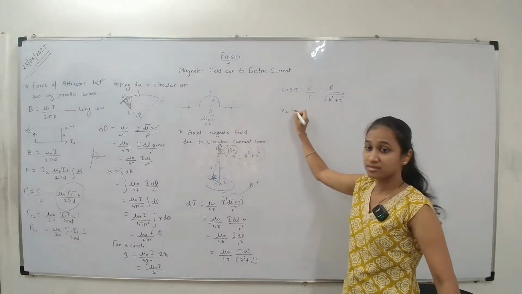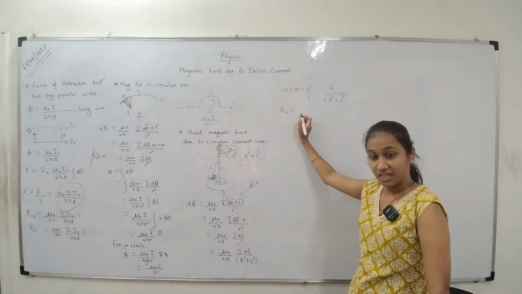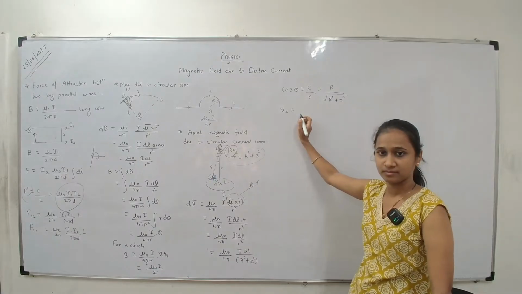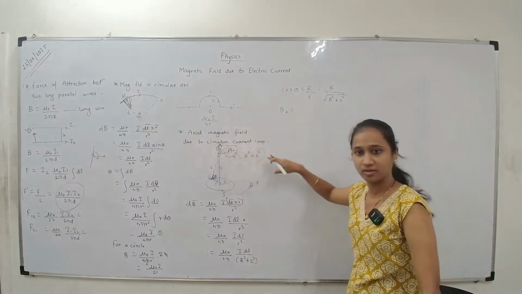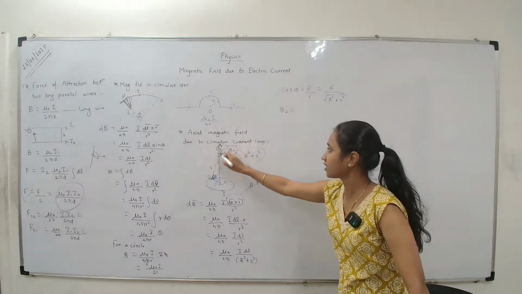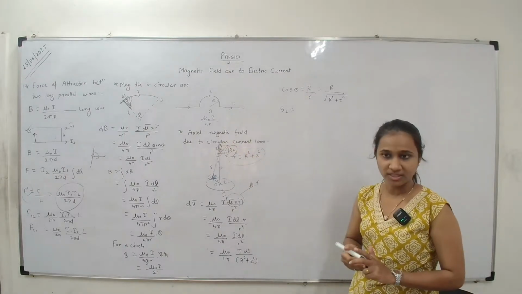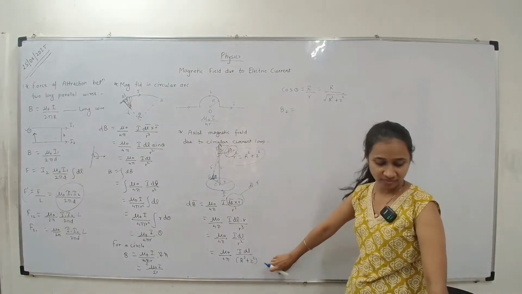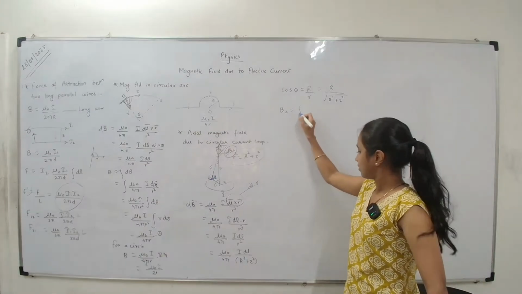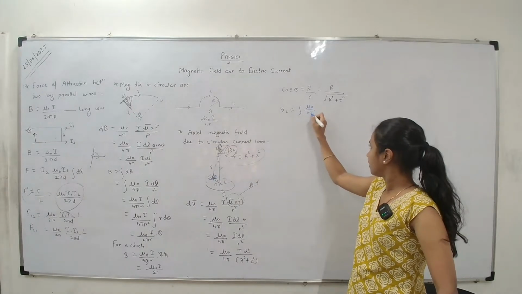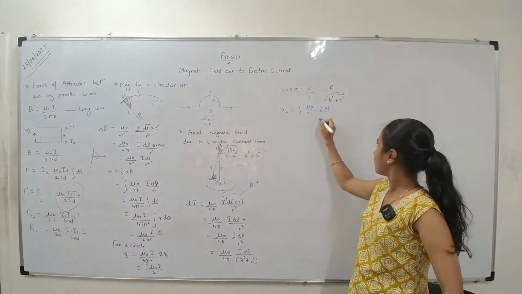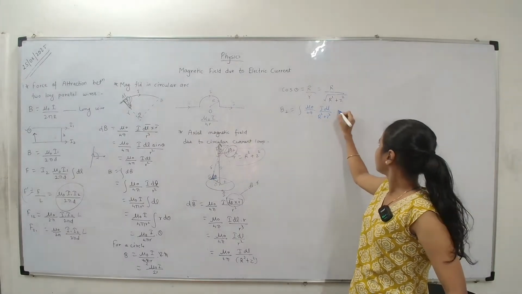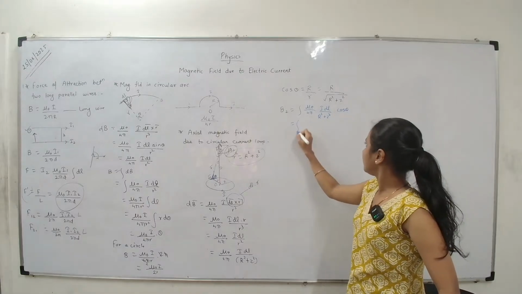Mag bz, yes, dbz is magnetic field component along z axis, parallel to z axis, and this perpendicular to z axis. Because हा db होता ना, त्याला स्प्लिट केला parallel perpendicular, म्हणून तो थीटा घेतला. So therefore bz is integration of this, that is integration of mu naught upon 4 pi I dl upon r square plus z square into cos of theta, that is integration